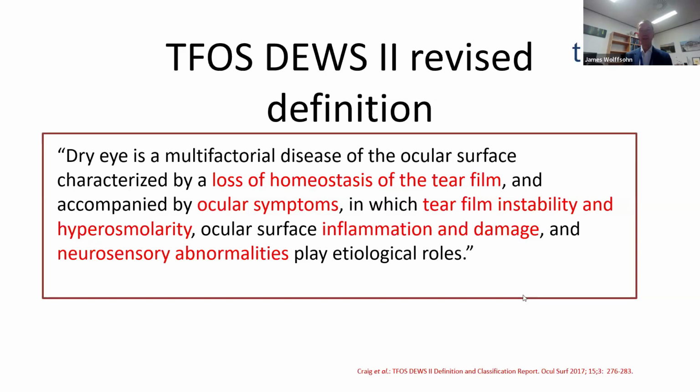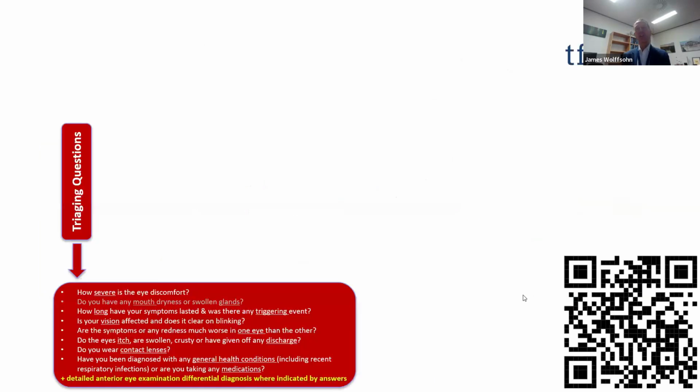roles. And when it comes then to our management, of course, we're always going to do a history and symptoms. And just like digital eye strain, we're going to look at those potential triaging questions, hopefully very common to us and a natural part of our history and symptoms. But it's not just optometrists and ophthalmologists that look at people with dry eye. It's also pharmacists and GPs. So it's helpful for them to have these additional questions to help them.